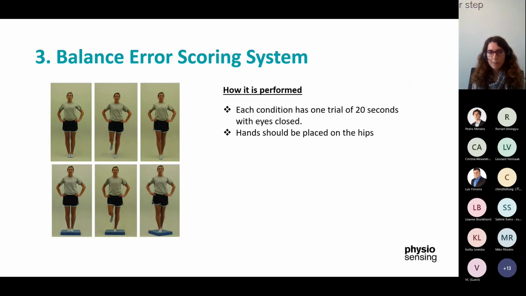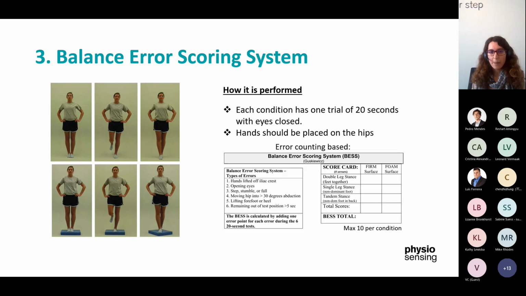In the traditional BESS test, scoring is time and error based, using a stopwatch and counting the number of errors. The errors are listed here. So an error occurs when the patient removes the hands from the iliac crest, or opens their eyes, when they stumble or fall, or when they move their hip too much, when they lift their foot, or when they remain out of position after 5 seconds. The maximum number of errors for a single condition is 10, and if there are multiple errors occurring at the same time, only one is counted. The total error score for the balance error score can be from 0 up to 60,